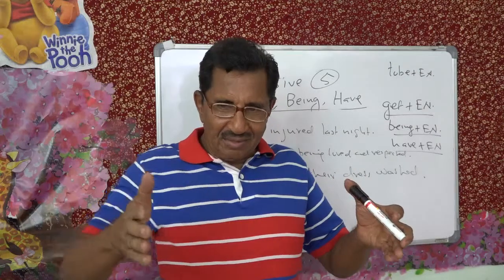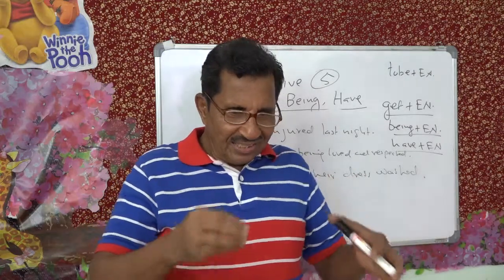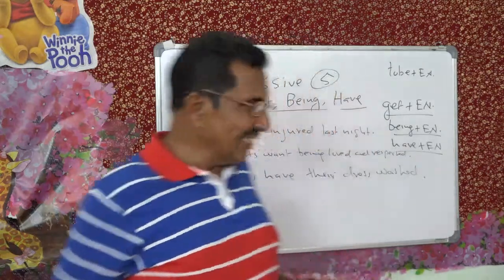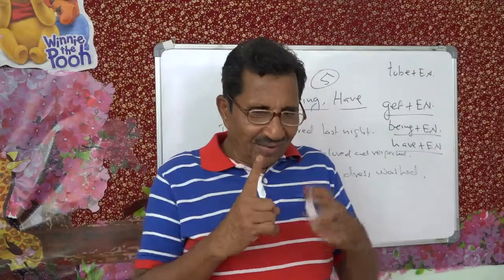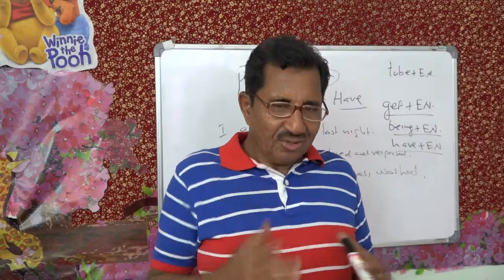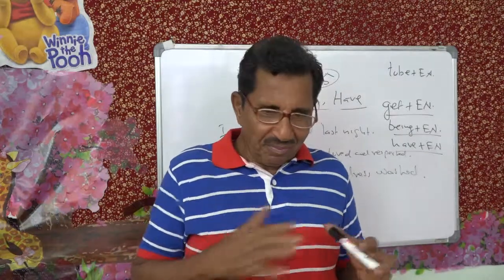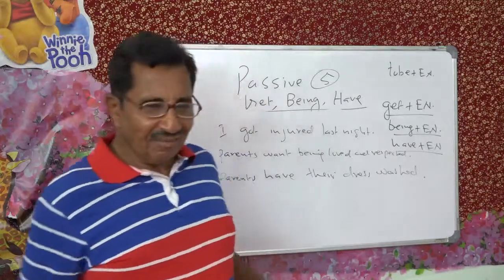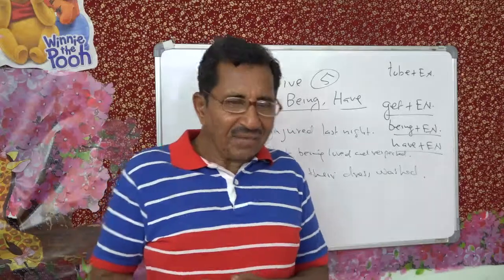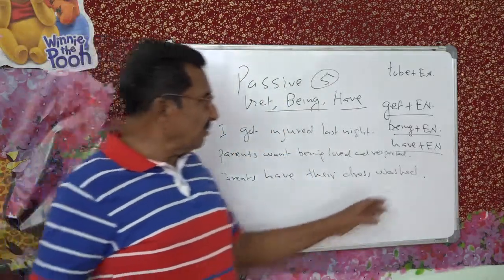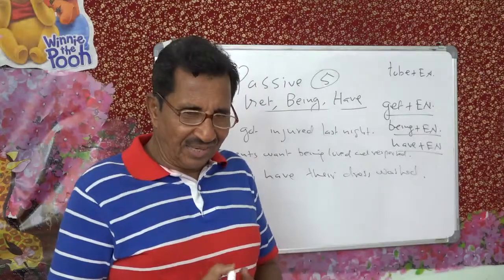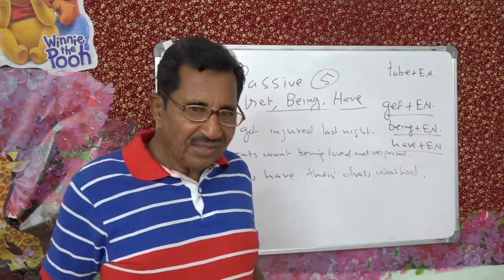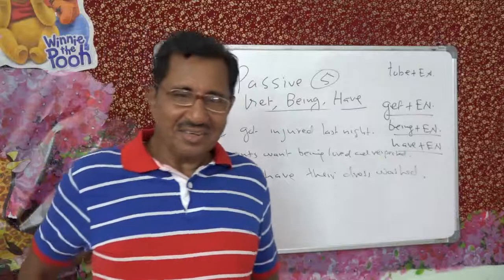So this is passive part 5, because it's a mid-course. We have been doing something with passive, so now in between there is some kind of entertainment. This is a kind of break. Time for a break. Halfway through the passive voice program I have just given you a break. So this is for you to enjoy and play with the passive. Here we have three types of passives and you can play with them like you are playing with balls or something like that. You can play games in the class with the passives. It's a great thing. Okay, bye.